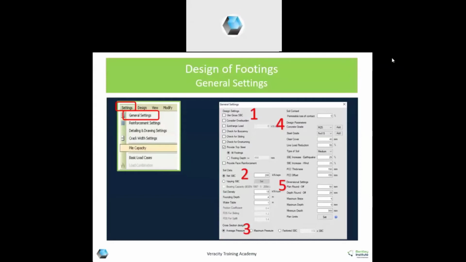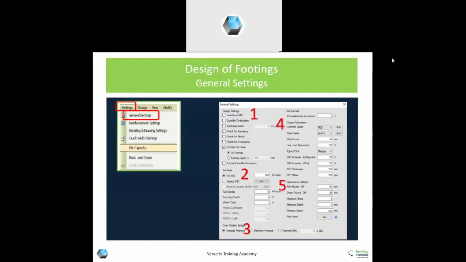Maximum is 200 actually here. So that limit round off you can use, or 100 or 150 interval, whatever interval you want. But don't use too many sizes, otherwise it will be difficult on site. Depth round off also you can choose 25, 50 or whatever.